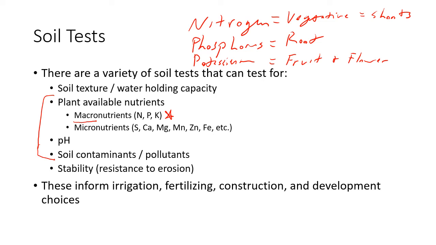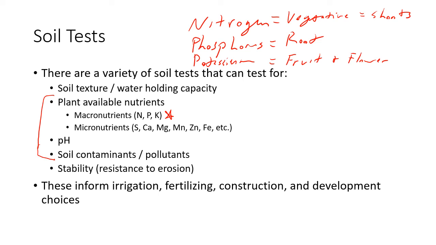But there's also a lot of micronutrients, okay? Things that plants need a little bit of. So everything from calcium to magnesium to manganese to sulfur, any of these and many more plants need a little bit of, okay? And we could do tests to determine the relative concentrations of all of these, or the exact concentrations. We can do tests to determine pH, so whether it's neutral, acidic, or alkaline, soil contaminants or pollutants, and then this one is also a physical trait,